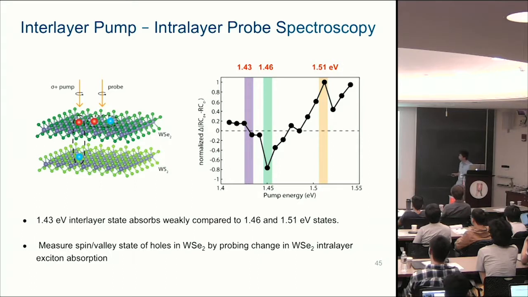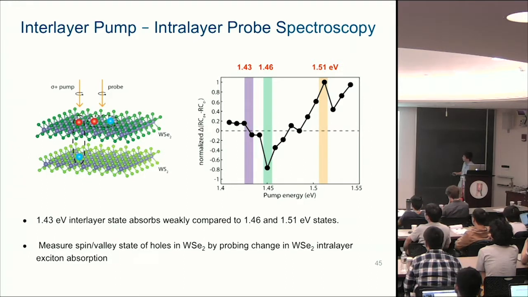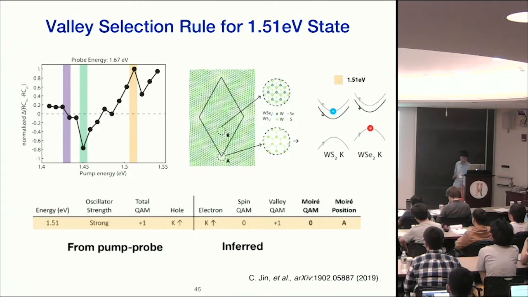And also by using pump probe spectroscopy, we can again observe the same interlayer excitons, one at 1.45 and one at 1.51 eV. We can also see that at 1.43 eV, the state that emits photoluminescence actually has very little signal. So that tells us that state is actually a dark state. Okay, so